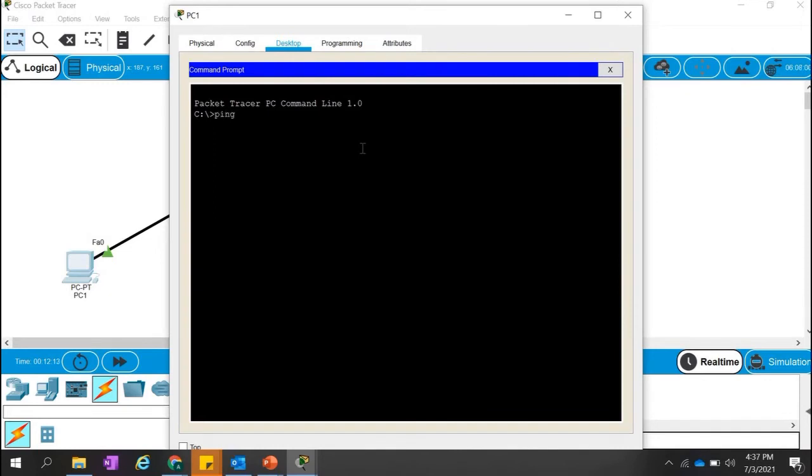So we will try to ping which computer? 4.4.4. If the ping is successful, then we are sure that it has connectivity. If they are not able to ping, then we will check why they are not reachable, because by default, whenever we don't do any configuration on the switch and just connect the cables from the switch to the computers, all the computers should communicate with each other. So that should be pingable.